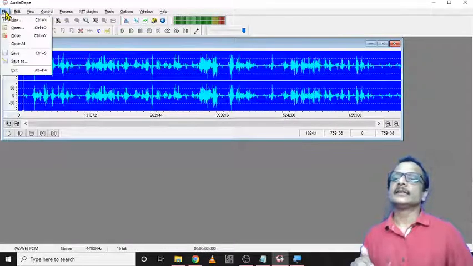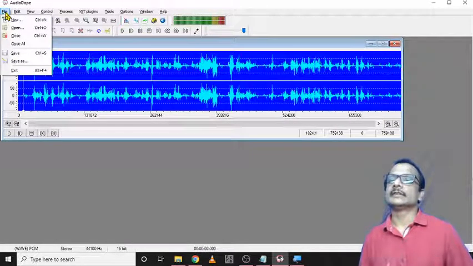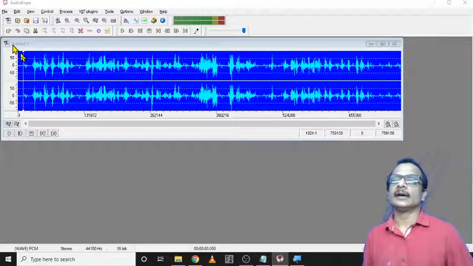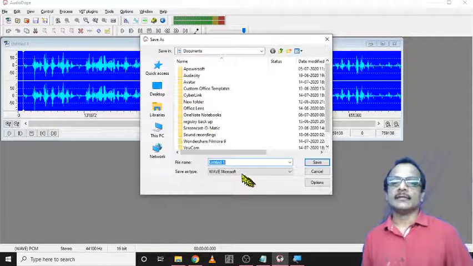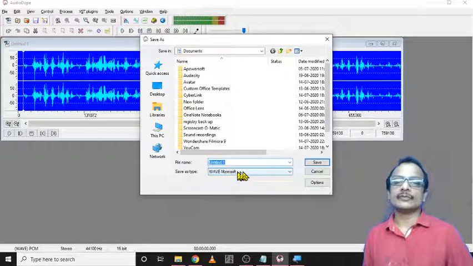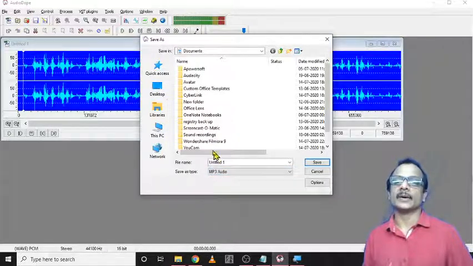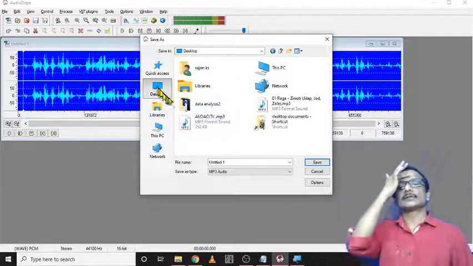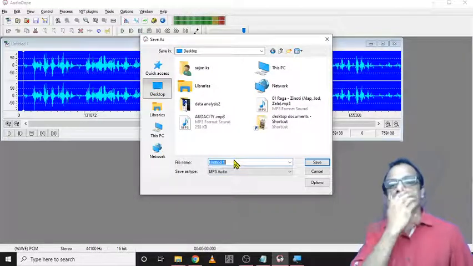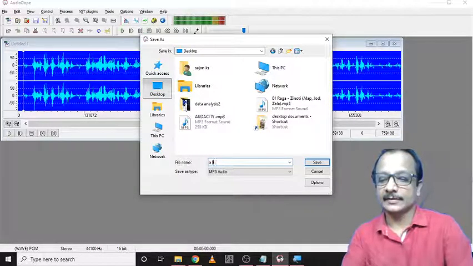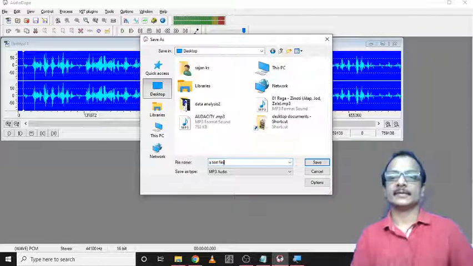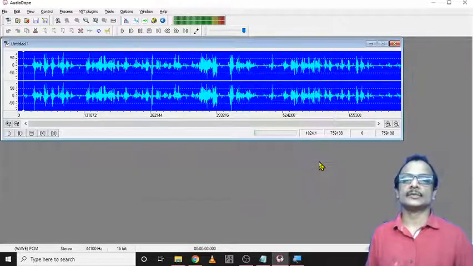After editing this, we can save it or export it. I just click on save. It shows that we can save in WAV format or in MP3 audio format. I am trying to save in MP3 audio format. Select the desktop area and name it test file. Yeah, now I try to save.